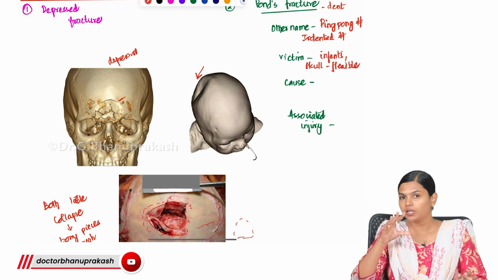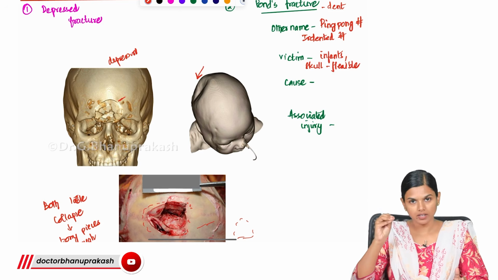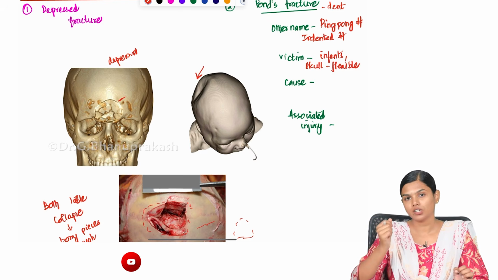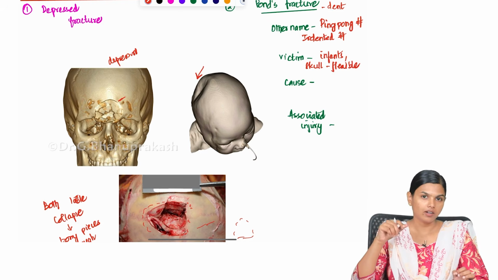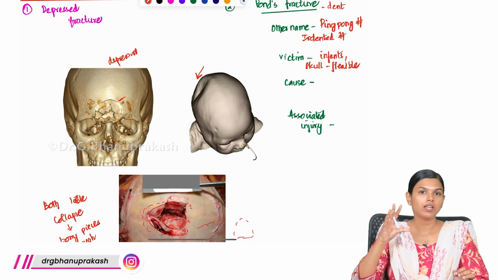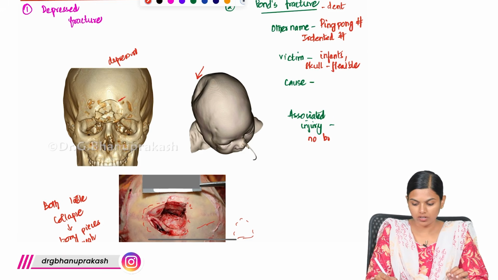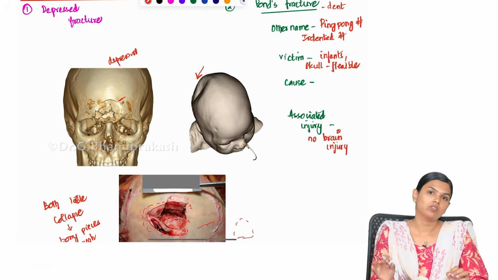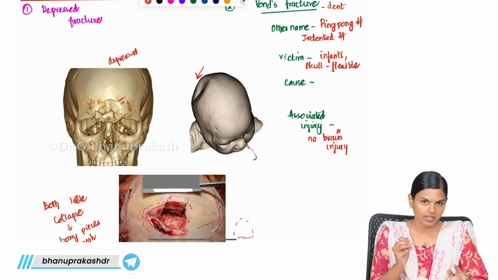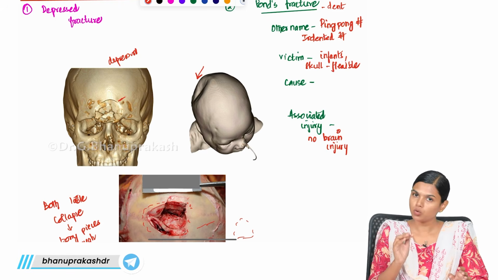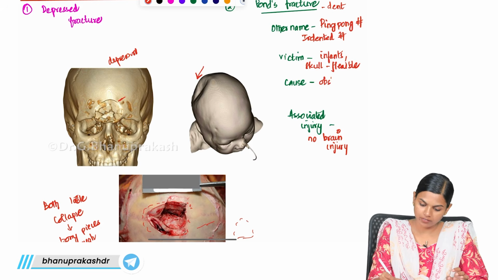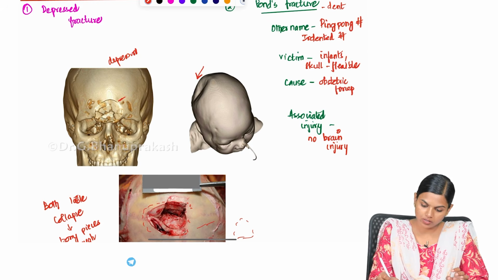Because of the flexibility of the skull, it will indent and not break away, it will not fracture. It will simply be a dent. This is why it is known as ping pong fracture, like a ping pong ball, it will just dent and stay like this, and there will not be any brain injury. It is mostly seen in infants only because they have a malleable and flexible skull, and it is most commonly caused during delivery because of usage of obstetric forceps.